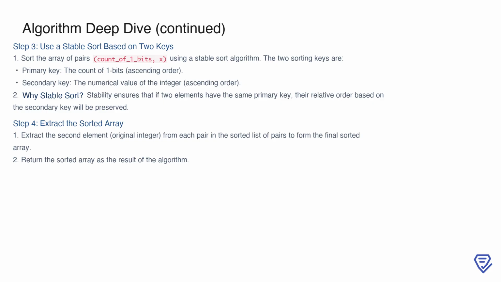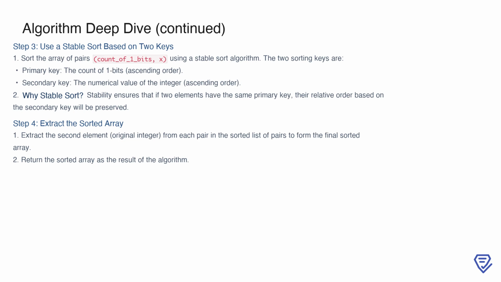Next, we use a stable sort algorithm to order the array based on 2 keys. The primary key for sorting is the count of 1 bits in ascending order, ensuring that integers with fewer 1 bits are placed earlier in the array. The secondary key, numerical value, is used to break ties between integers that have the same count of 1 bits. A stable sort is crucial here because it guarantees that the secondary key preserves the relative ordering of elements with